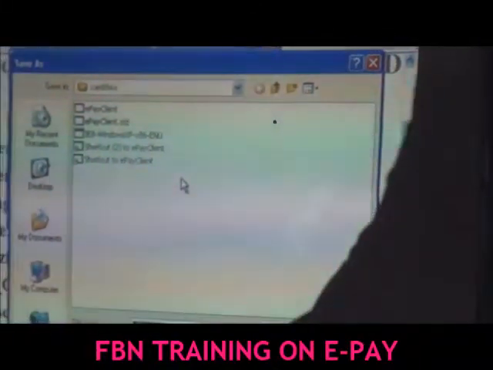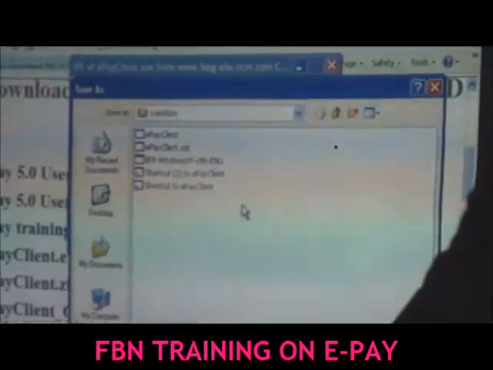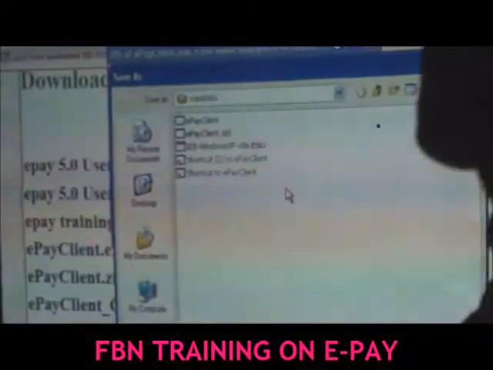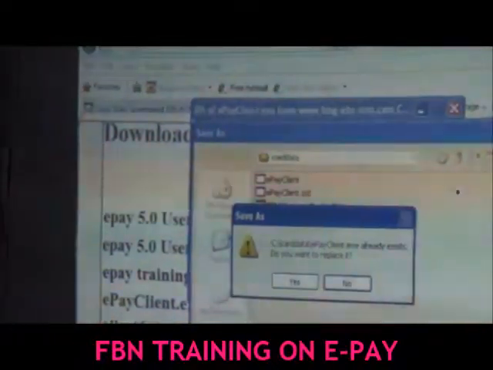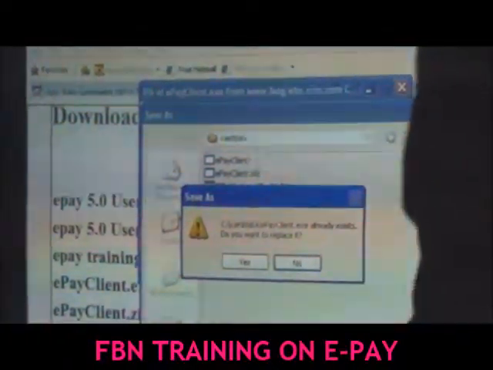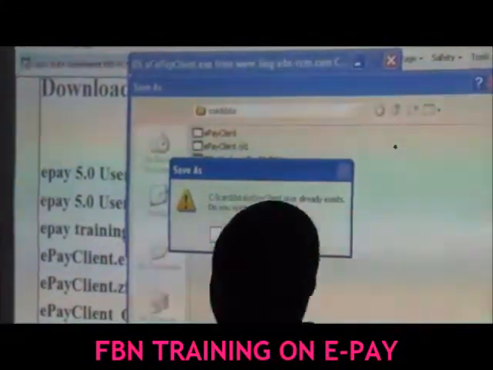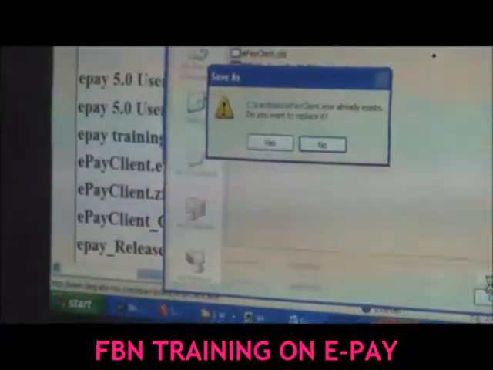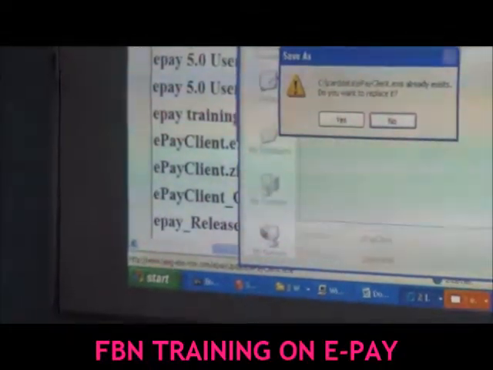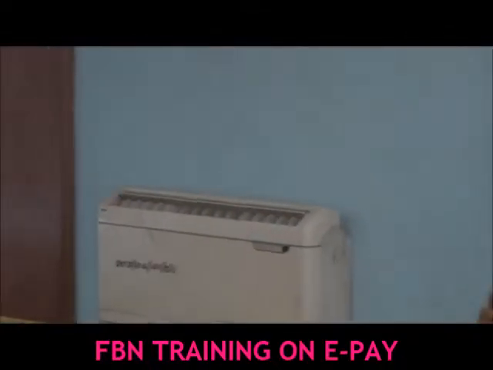I showed us how to make a shortcut to the menu. We'll do it again. Then click on it. The biggest thing is that it can ask you to re-register again. Call the customer care and give them the number. They give you the re-register system and you are done. That is how to update your system. You don't need anyone to do that for you.